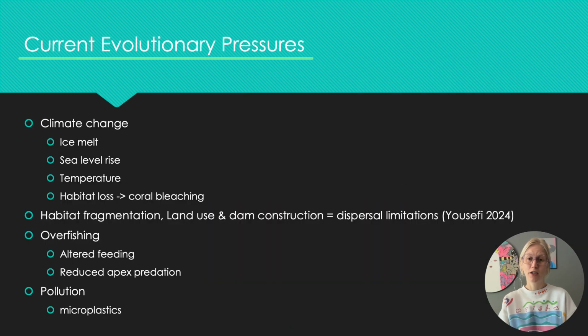Some current evolutionary pressures for these animals are climate change, including ice melting, sea level rise, sea temperature rise, and habitat loss. You also see human-driven habitat fragmentation and land use through dam construction. This results in dispersal limitation, and actually freshwater fish are one of the most threatened groups of animals due to river regulation, dam construction, land use, hydropower development, climate change, lots of stuff we're doing. Also, overfishing is going to alter feeding strategies and mating strategies and reduce apex predation. We also see pollution, such as